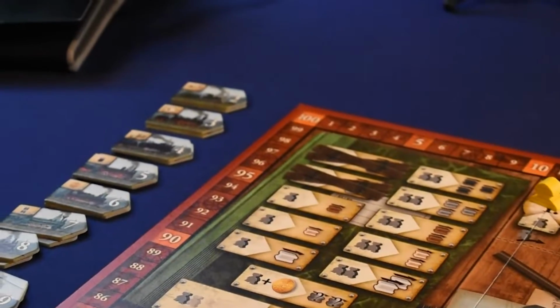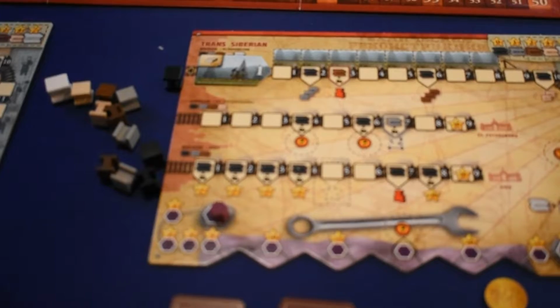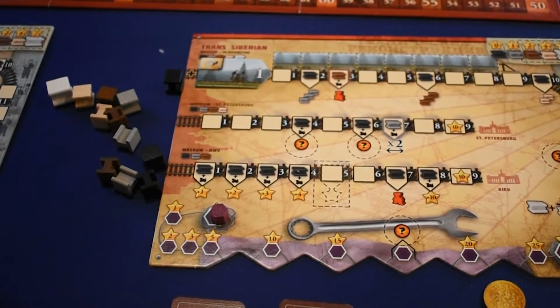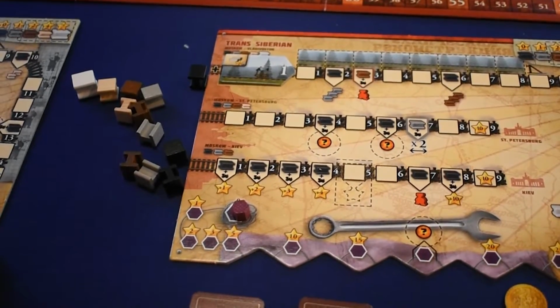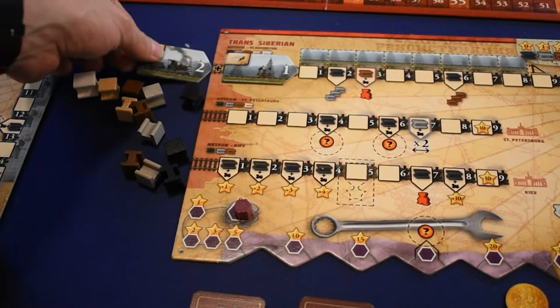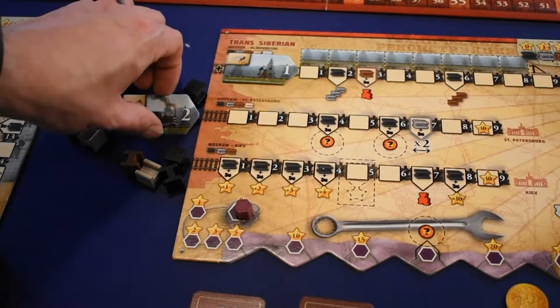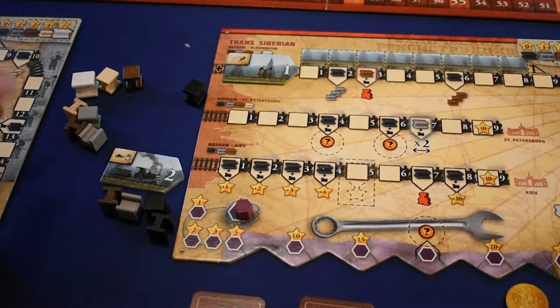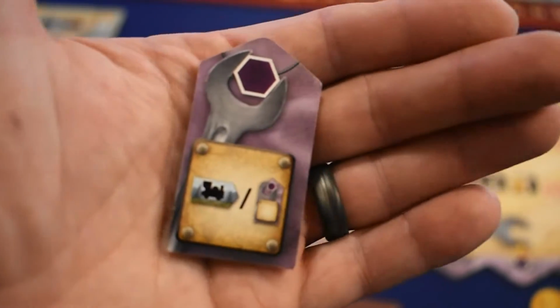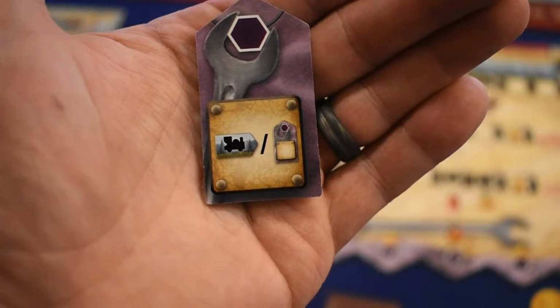And so I would take the number 1, or I guess it's number 2 in this case, because we start with the number 1. And on the board I could place it as the number 2 engine on any of the tracks I want to have this engine placed on. Or you could place it on its backside as industry. And if I put this on the industry board, right down here,